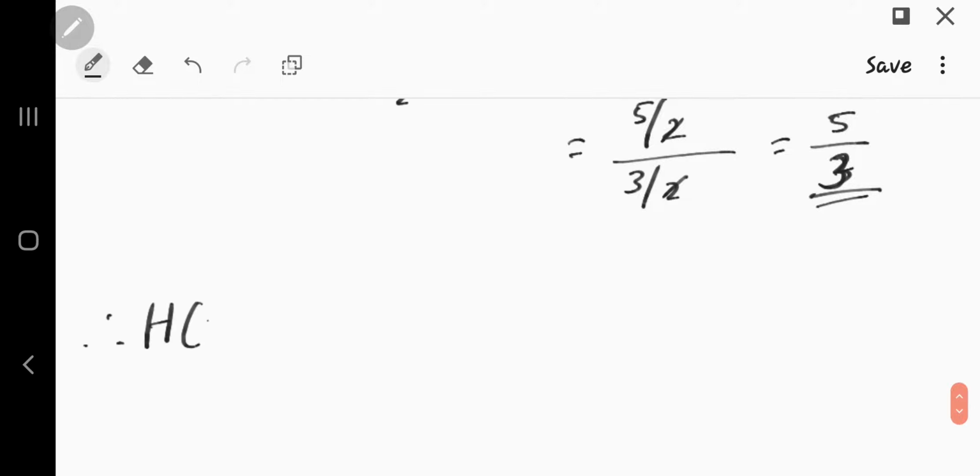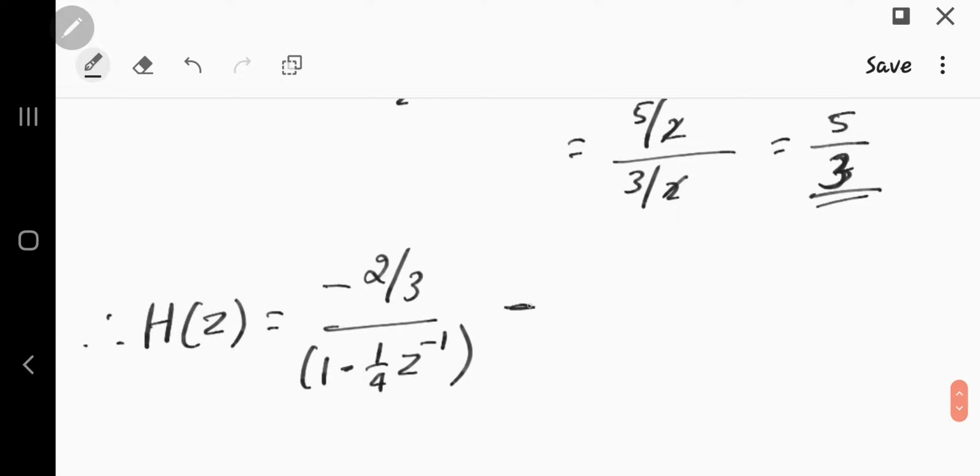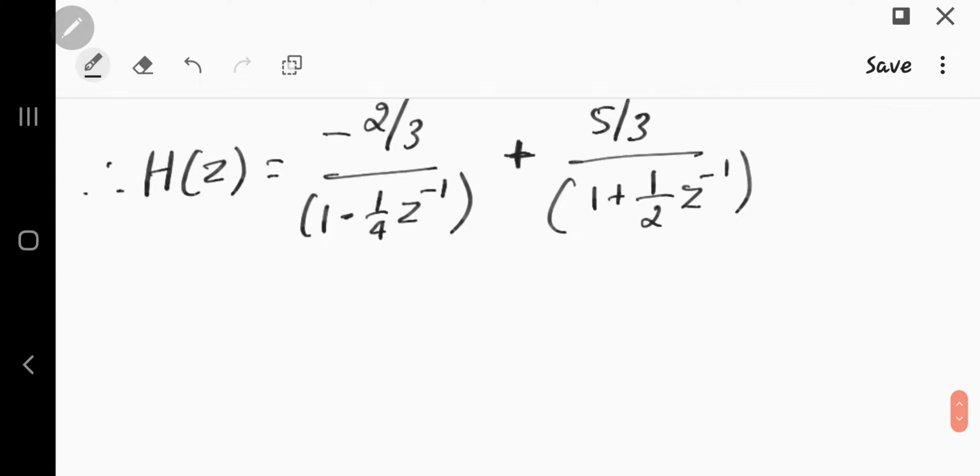So therefore H of z is equal to minus 2 by 3 divided by 1 minus 1 by 4 z inverse plus 5 by 3 divided by 1 plus 1 by 2 z inverse. Now if you look at this, it is in the form of alpha to the n into u of n, where in place of alpha we have 1 by 4, and here also alpha to the n into u of n, where in place of alpha we have minus 1 by 2. And given the system is a causal system,